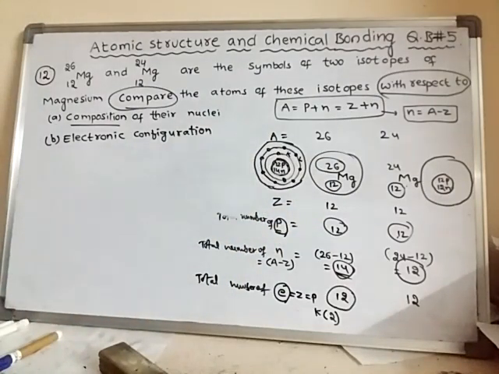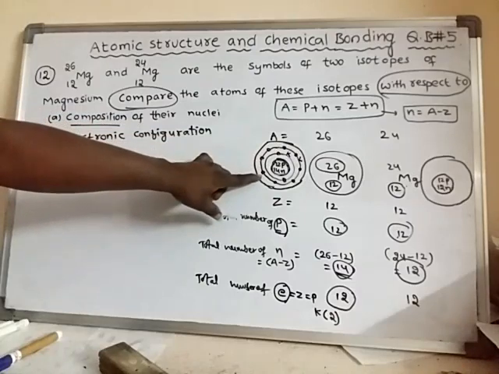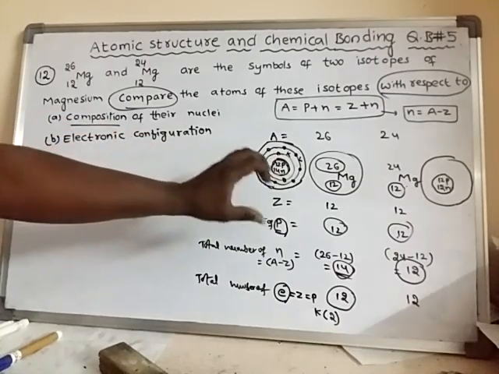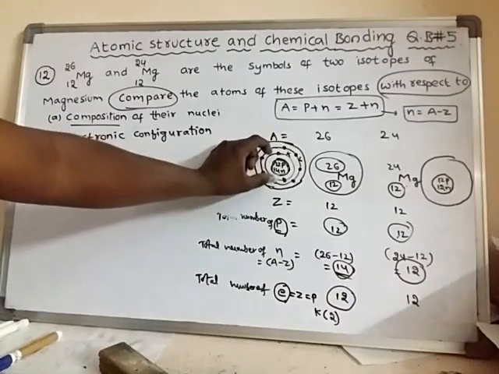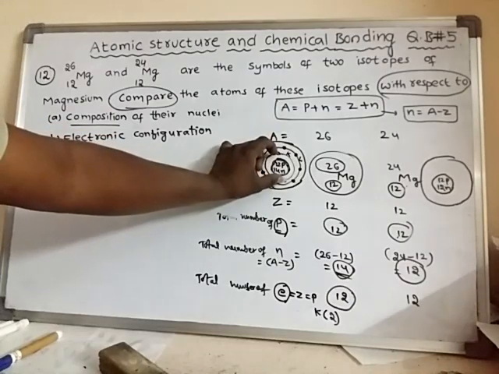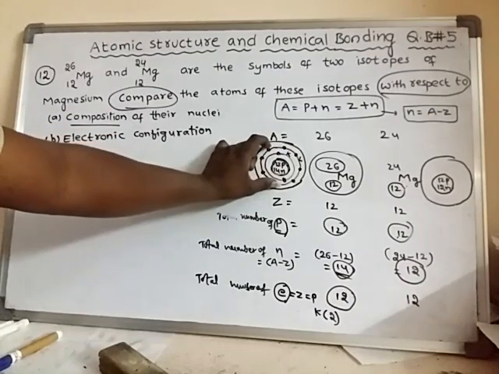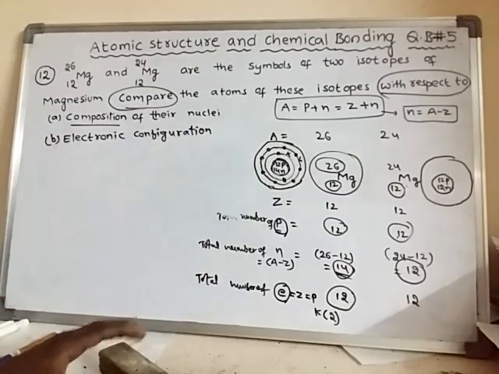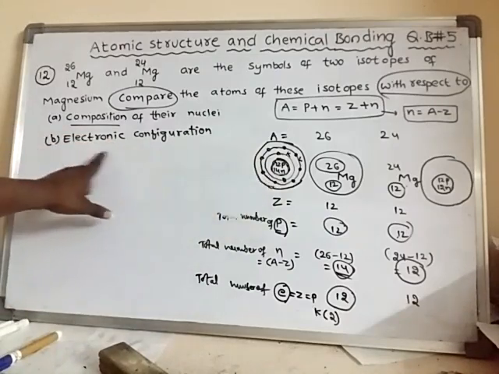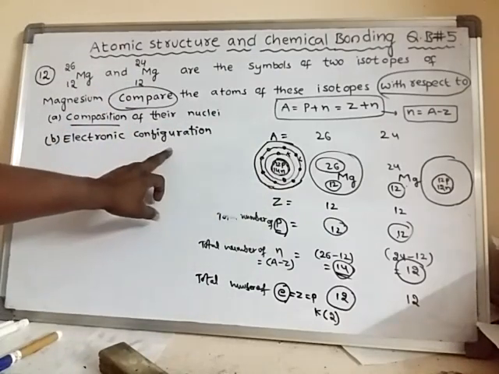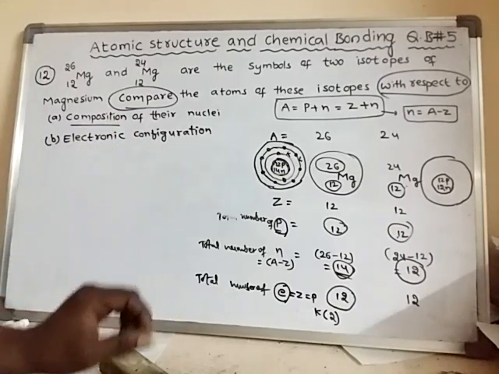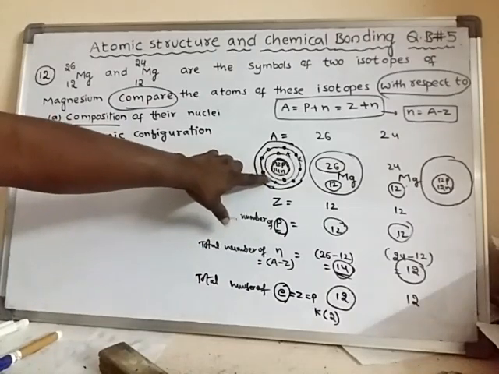So altogether, how many electrons have I arranged? I have arranged only 10 electrons in a systematic way. Systematic way means I have allotted 2 electrons in the first orbit and 8 electrons in the second orbit, in a fixed way. Such an arrangement of electrons is said to be electronic configuration. What is electronic configuration? Electronic configuration is nothing but the systematic arrangement of electrons into various orbits.